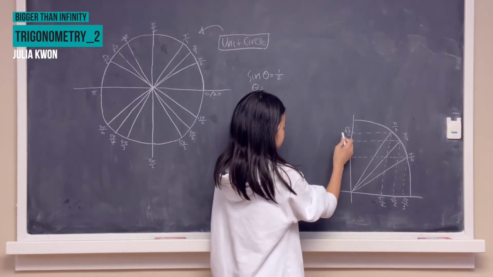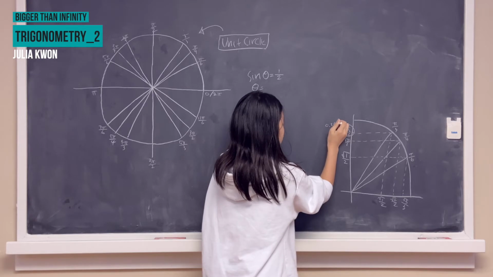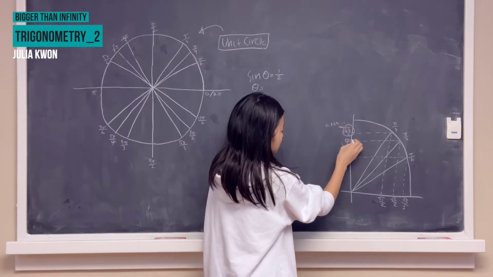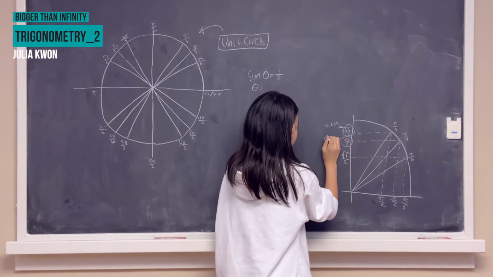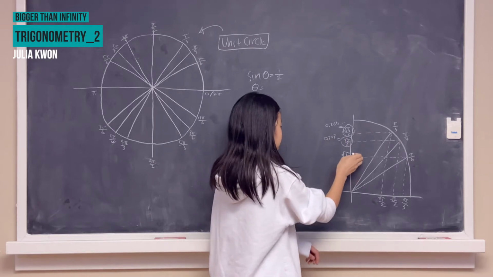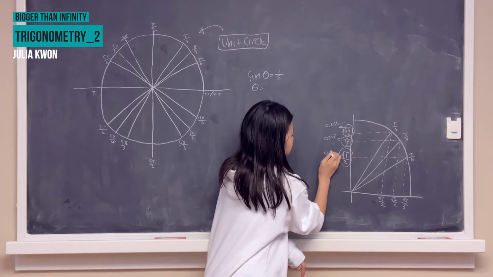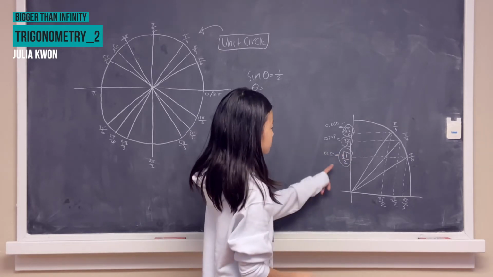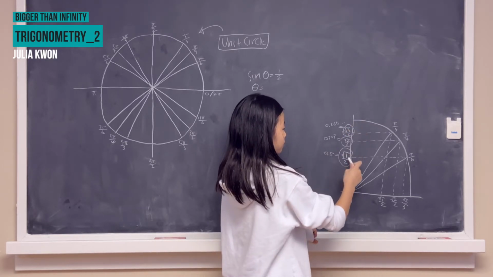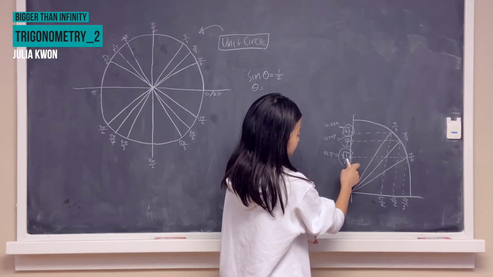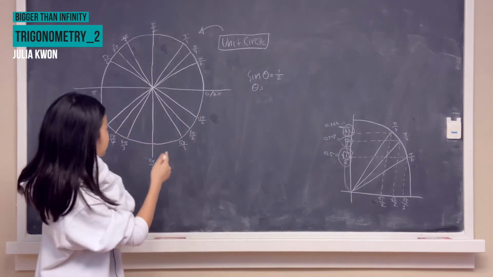And square root of 3 over 2 is, in decimals, 0.866. And square root of 2 over 2 in decimals is 0.707. And square root of 1 over 2 is just 1/2, which is 0.5. And the 1/2 really just makes sense since the radius is 1 and it looks about half of 1 here. And the radius in the unit circle